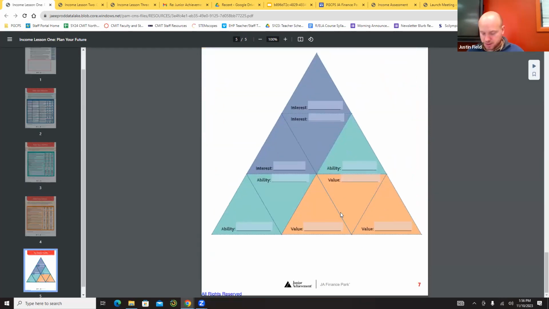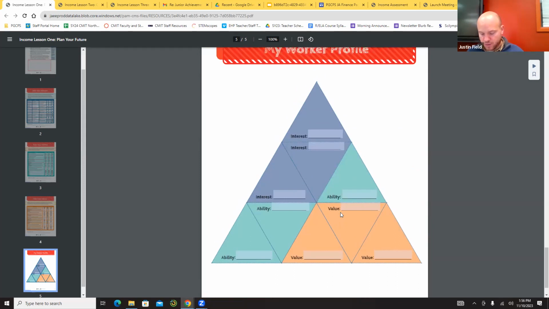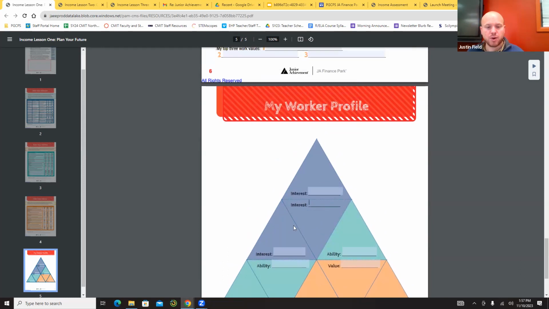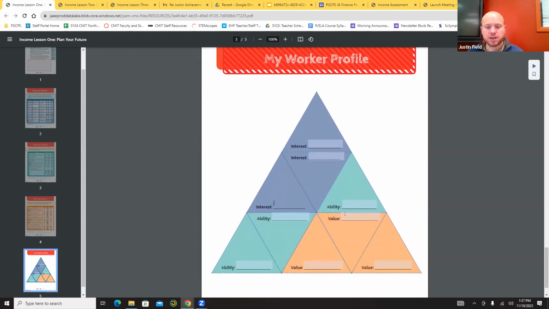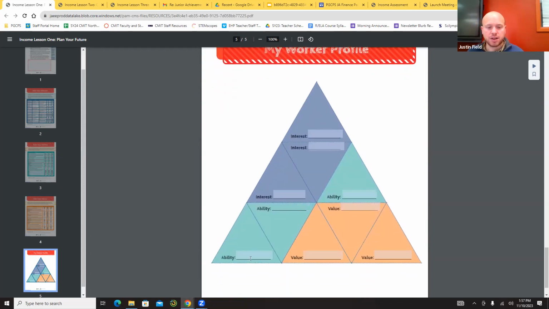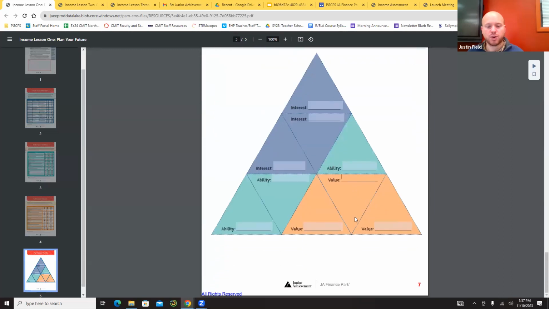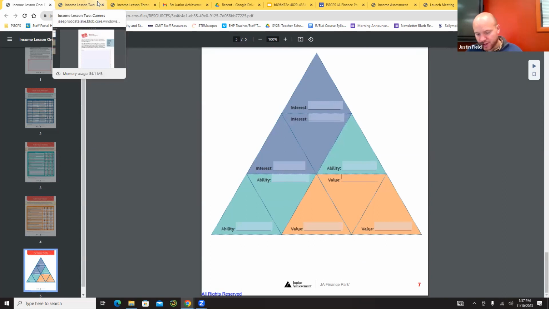Okay, so now, based on what we filled out, you can put your worker profile here. What were your top 3 interests? What were your abilities there? And what were your top 3 values? That creates your worker profile. And that is the end of the income 1 lesson, but we're going to just keep turning the page and